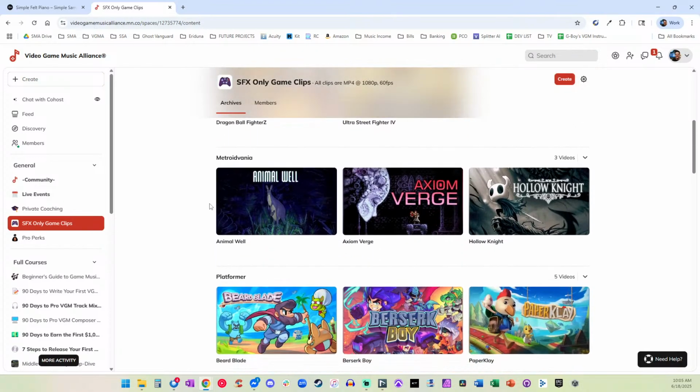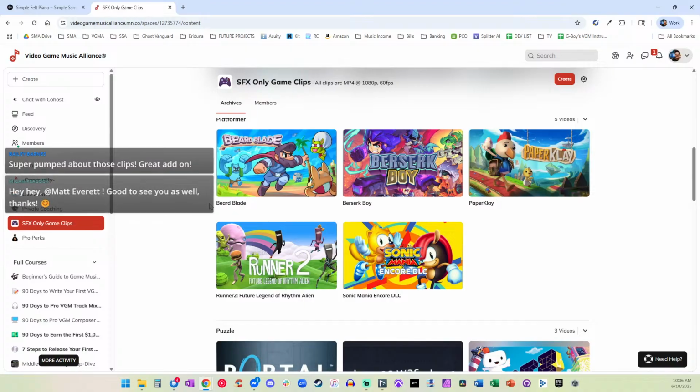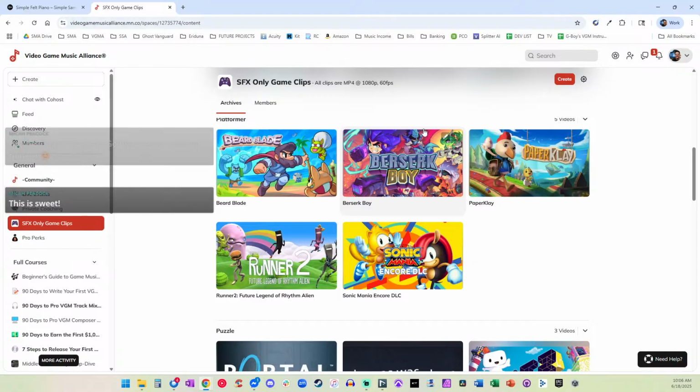And the goal would be, as we're doing these composing challenges and as new members join, if they need footage of gameplay, really good quality footage from these classic games, they want to put their music to it, or they want to score it for their own live streams or homework assignments, they can take these clips. Like you might want to grab Paper Clay or Sonic Mania or Berserk Boy, and you grab this clip and it already has the sound effects in it but not the music. You put your music into it and then use that for your portfolio, for your demo reel, or when you're pitching to a game developer. This is one of the coolest ways to get a gig because you are practically showcasing that you can write in a certain style.